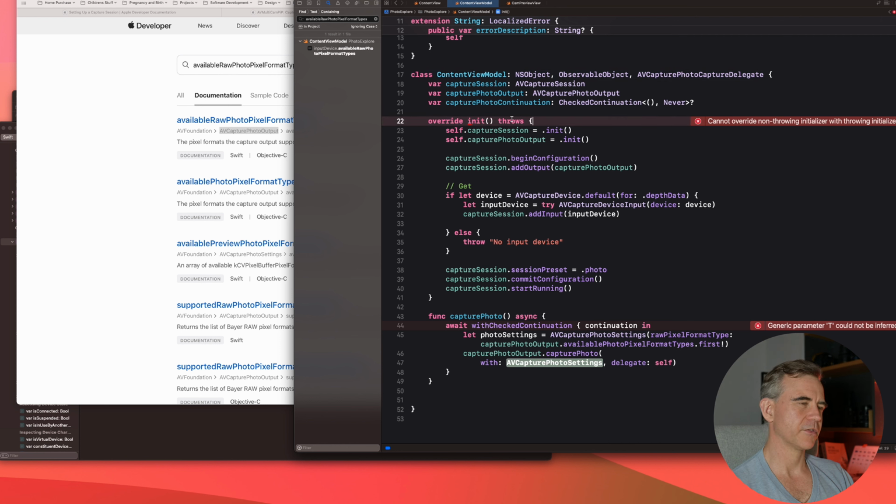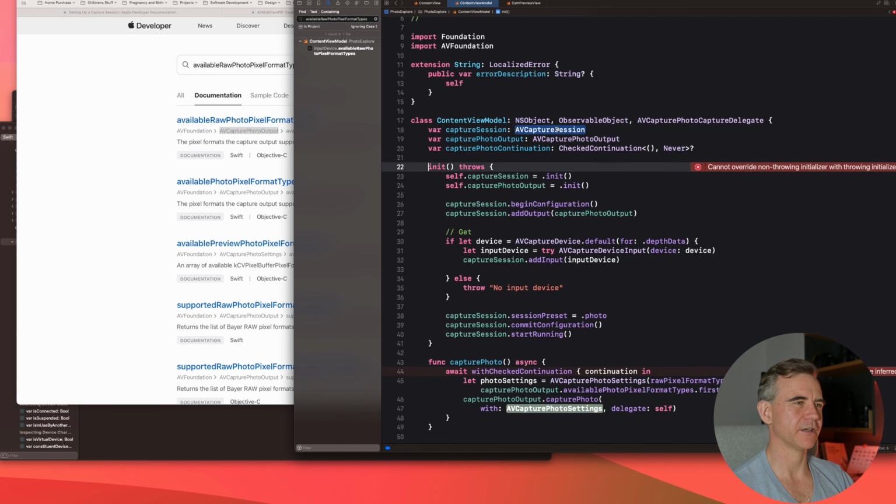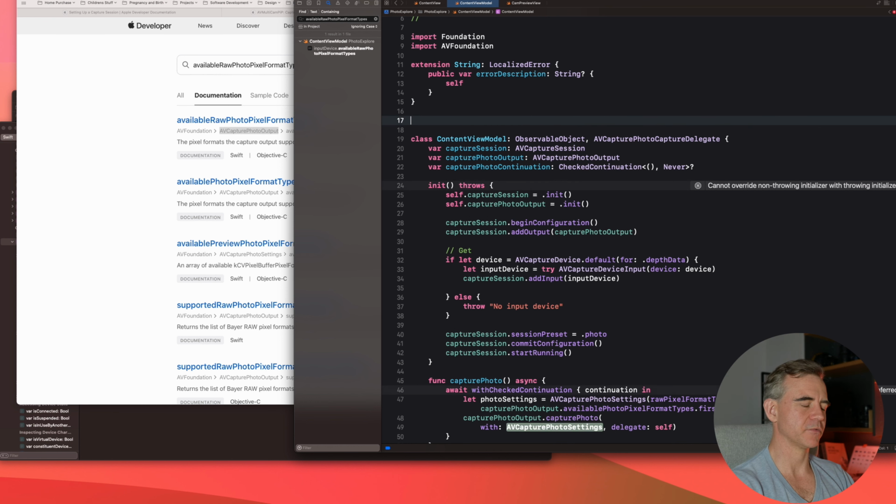Oh, cannot throwing with non-throwing. Yeah, so this is why they did the preview. Okay, the preview. This is why they separated the capture delegate to another delegate object, right? The reason for that is because there's just too much complexity around this. So we'll just do class